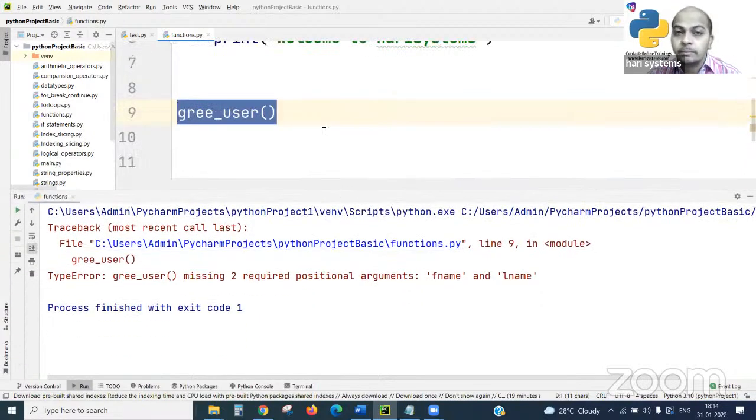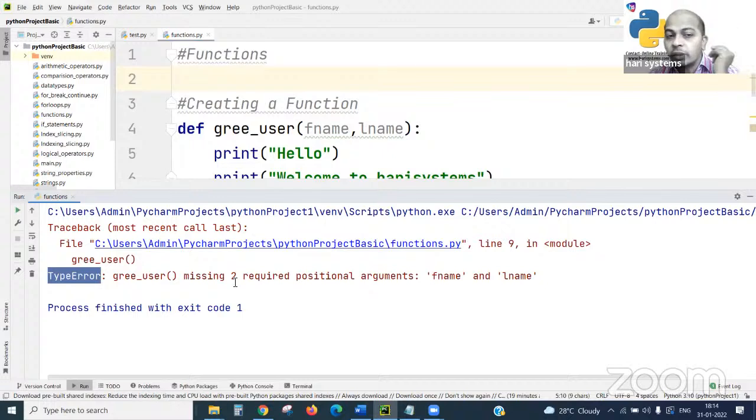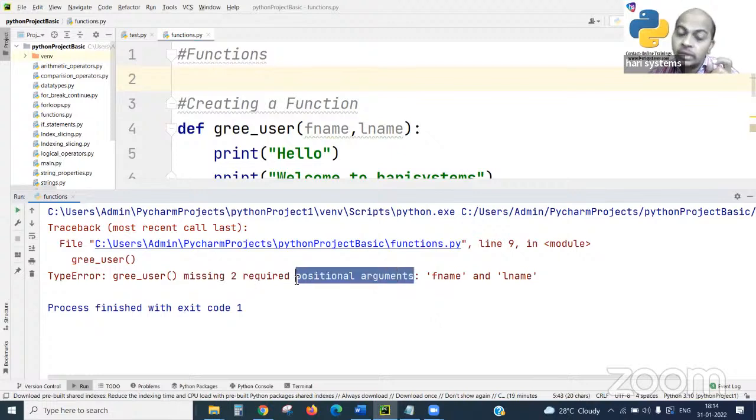Now if I run this same function, have you seen any errors in your programming? Which type of error codes have you observed? You may see an error like this: greet user missing two required positional arguments. Actually, it's not my word for arguments and parameters.